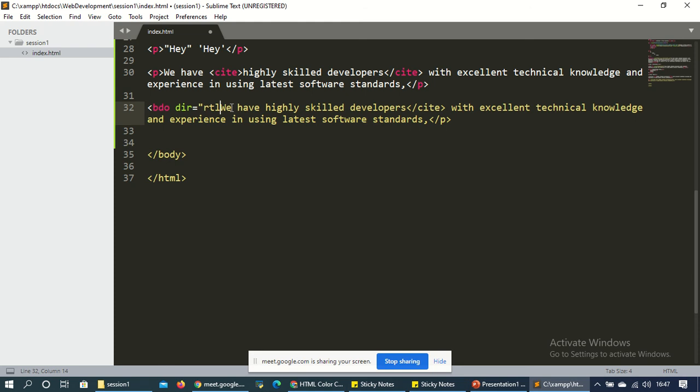RTL means right to left. Here close the double quote, and here we'll write. So here BDO will be there. Just save, and let's check what we are getting.